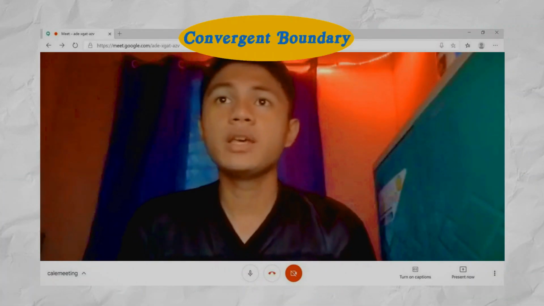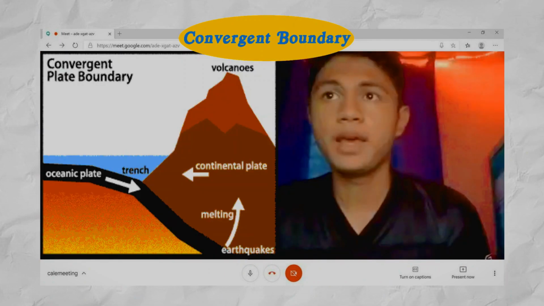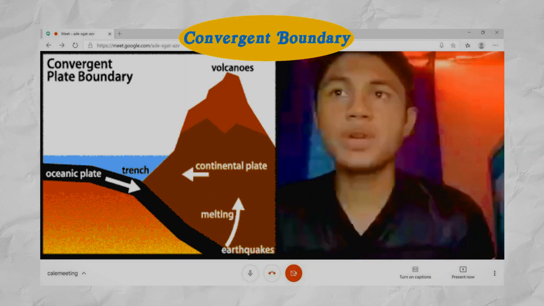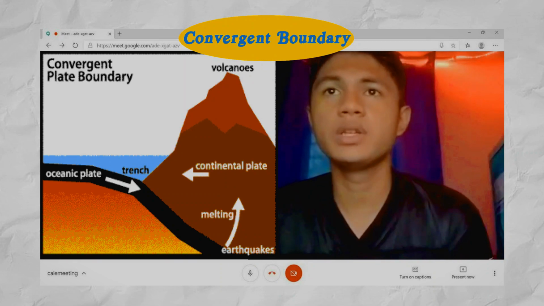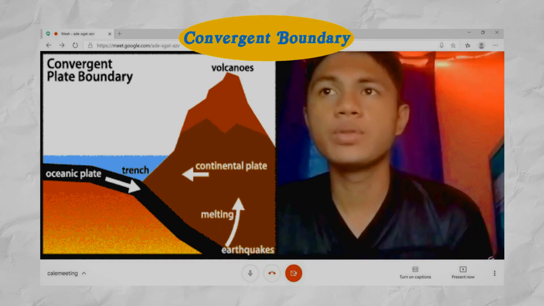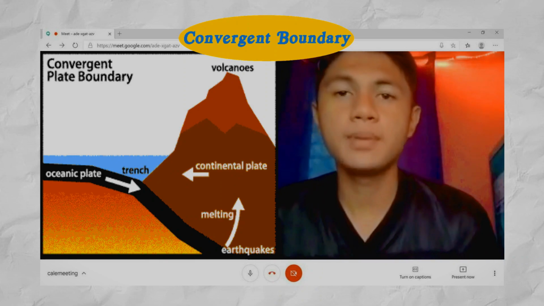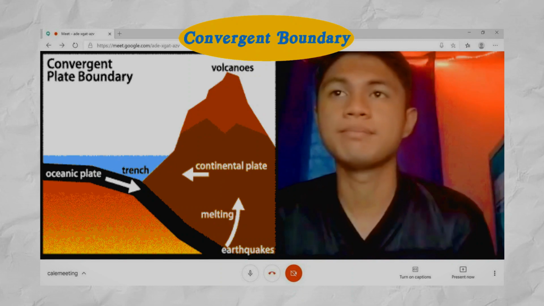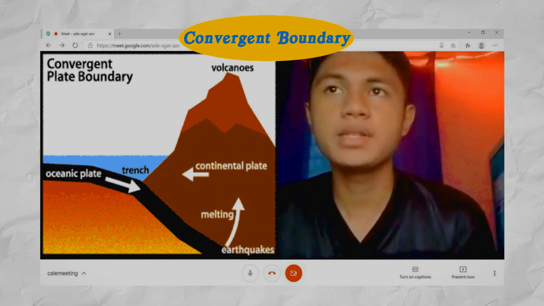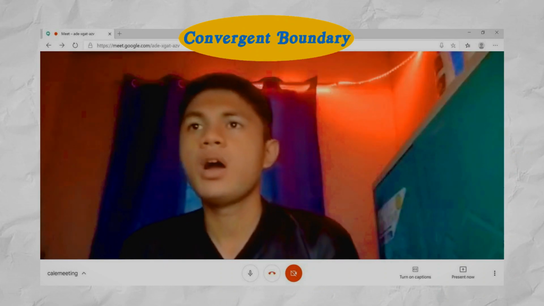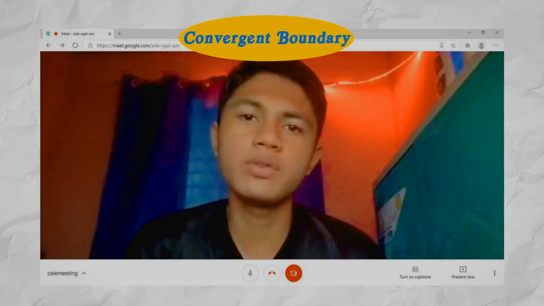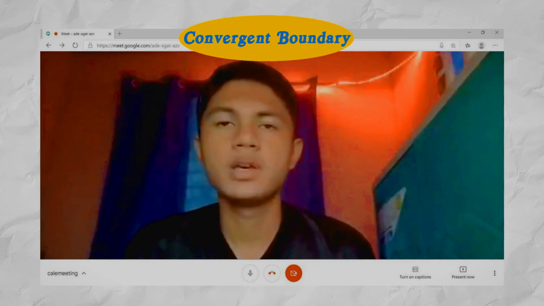A convergent boundary, also known as a destructive boundary, is a region on Earth where two or more lithospheric plates collide. The stress of rocks acting upon this convergent boundary is called collision. The Benioff zone describes the subduction zone, a plane where many earthquakes happen. One plate gradually slips under the other, creating a mechanism known as subduction. But there are times when they don't subduct, especially under convergence of continental to continental plates, which will be discussed